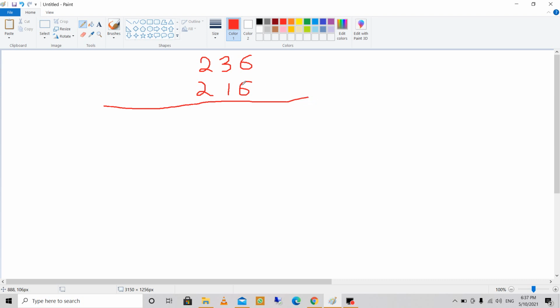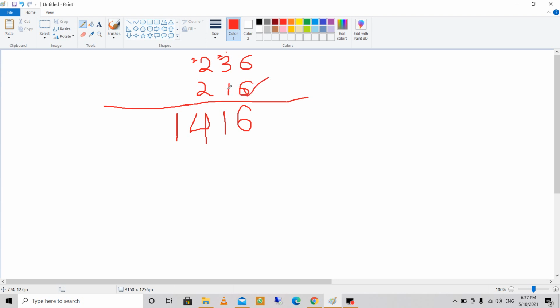First of all, what we have to do is use the same procedure. Pick this first number, the units number, and multiply with all of these three numbers. So 6 6s are 36. So we will write 6 over here, and the tens part will be carried here. Then 6 3s are 18, and add this 3 in it, that makes it 21. So again 2 will be carried over here. So 6 2s are 12, 12 plus 2 will be equal to 14. So we are done with the first number.